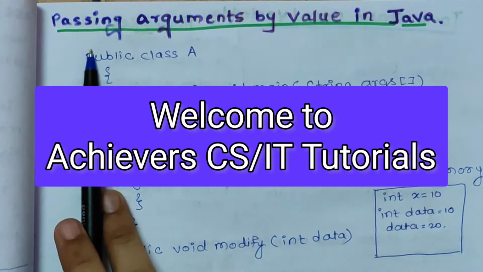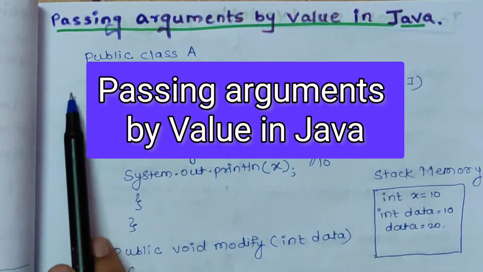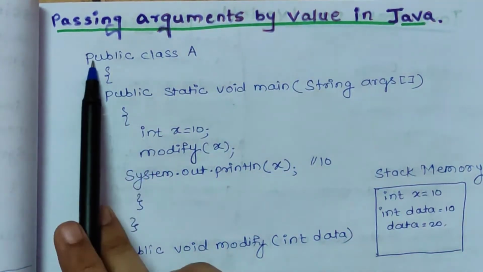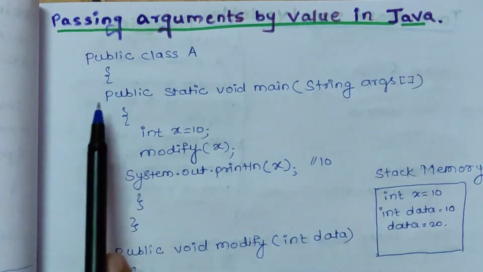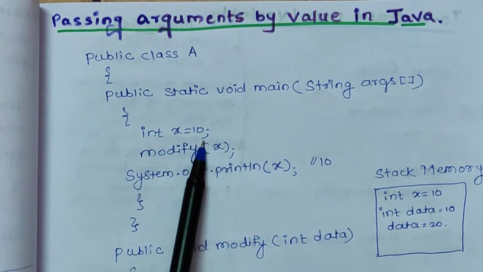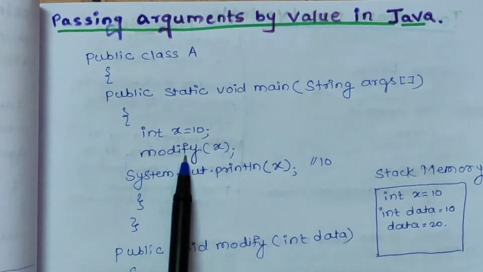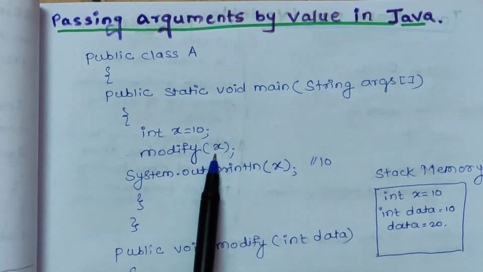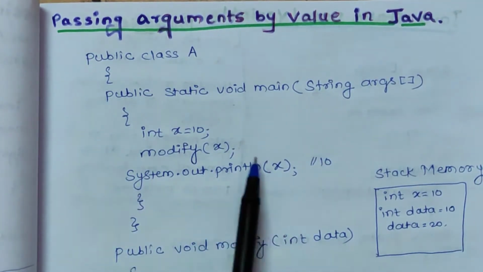In this video we are discussing passing arguments by value in Java. We will discuss one simple example. Here we have defined a class A, then this is a main method, and in main method we have defined a simple variable of type integer and we have assigned value 10 to this variable, and we have called this modify function and pass x as a parameter to this method, and then this system.out.println is displaying the value of